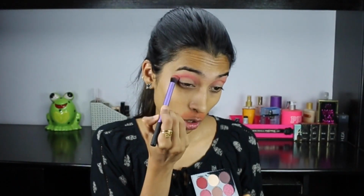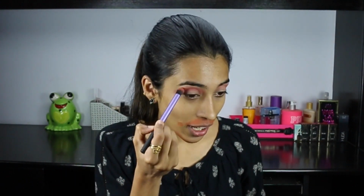Okay, it looked a lot different in the pan, but when you apply it on the eyelid, it looks exactly the same. I feel like this one is a lot pinker than this side. This is a little bit more mauve, and I feel like this brush actually packed a punch to the transition shade as compared to this side. So I'm going to be taking a denser brush on this side as well, just so that the intensity is the same. Now for my all over lid shade, I'm going to be going with this shade